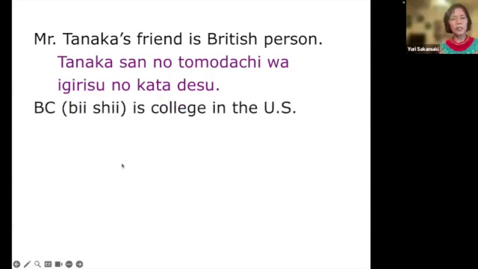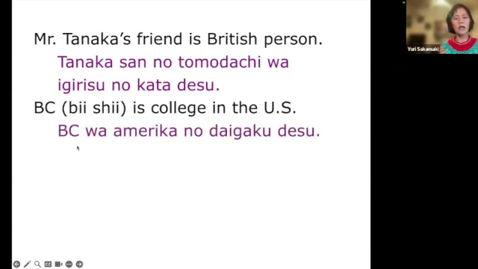All right, so BC is college in the US. So this is the topic. So BC what? And how would you say college in the US? College is the main idea, so you're gonna have to say US first before saying college. BC はアメリカの大学です。